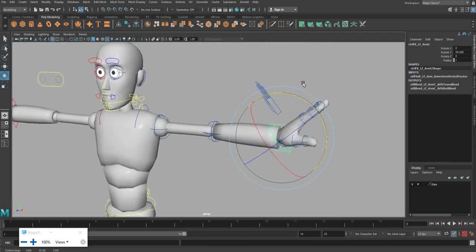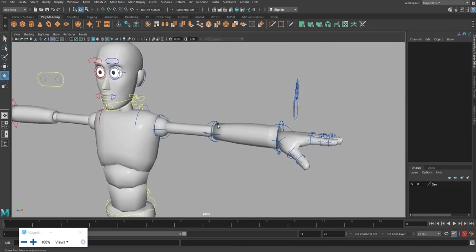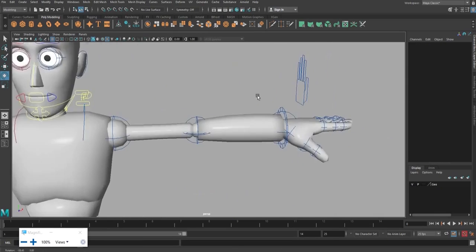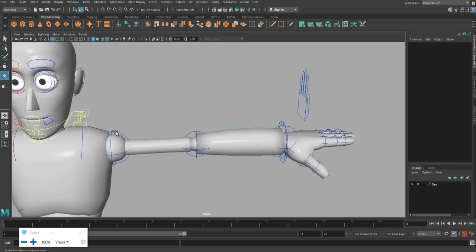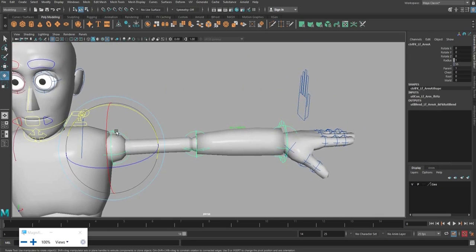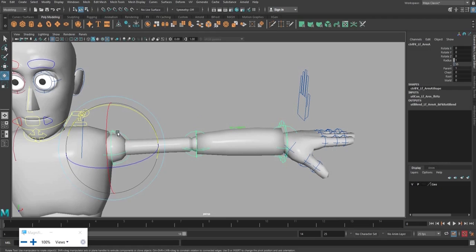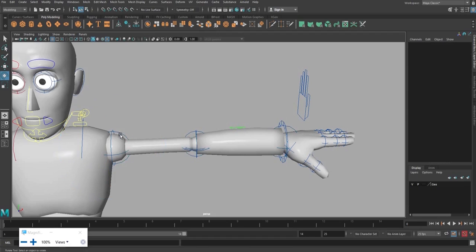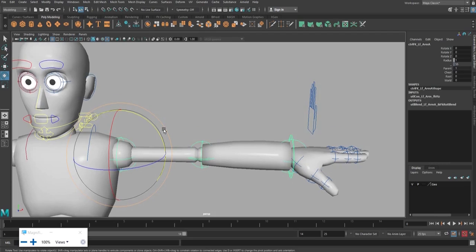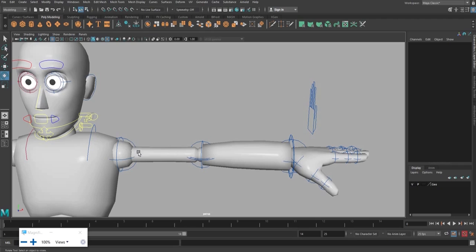But when a child moves, there is no effect on the previous node or the parent node. So to say in simple words, wherever the parent node or parent control starts, from there the influence travels forward. From here to here forward, here to here forward, and this is the end. So this is the root or the base for the entire hand. The shoulder is the root,